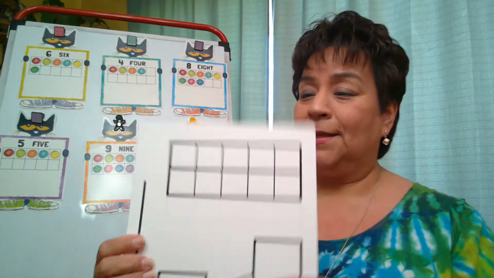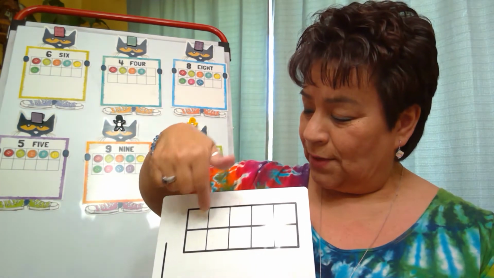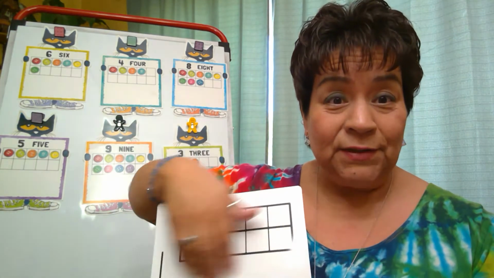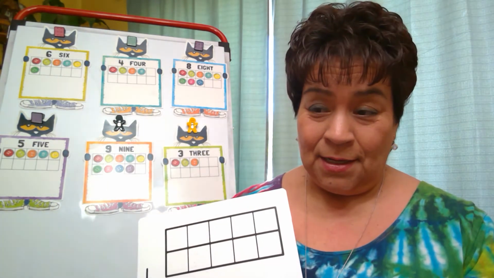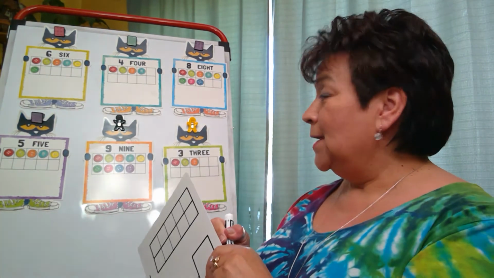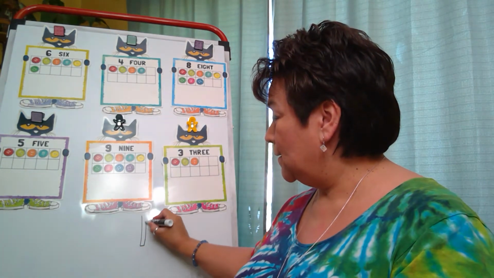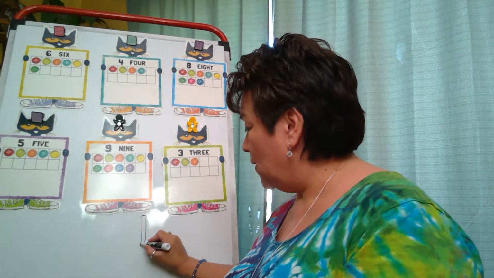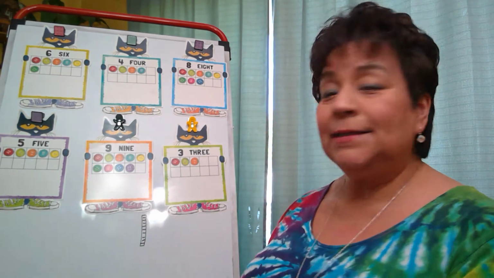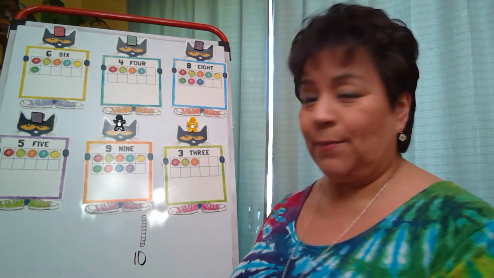A 10 frame. Once again, a 10 frame is a frame with 10 squares. 1, 2, 3, 4, 5, 6, 7, 8, 9, 10. Once it's filled up, there's 10. Another way to look at a 10 frame, or that we see a 10 frame sometimes, is when we do blocks and they look like this. And they have 1, 2, 3, 4, 10 little squares inside, and we count it as a 10, and we count by tens when we see